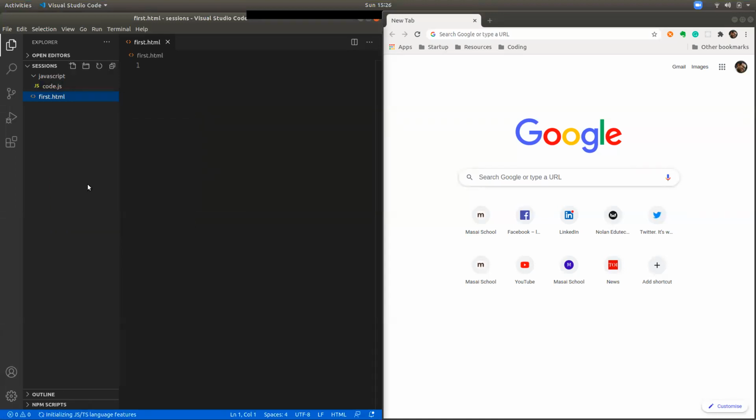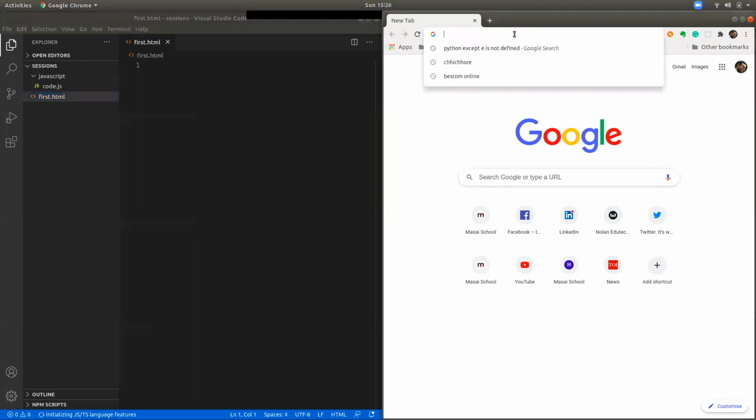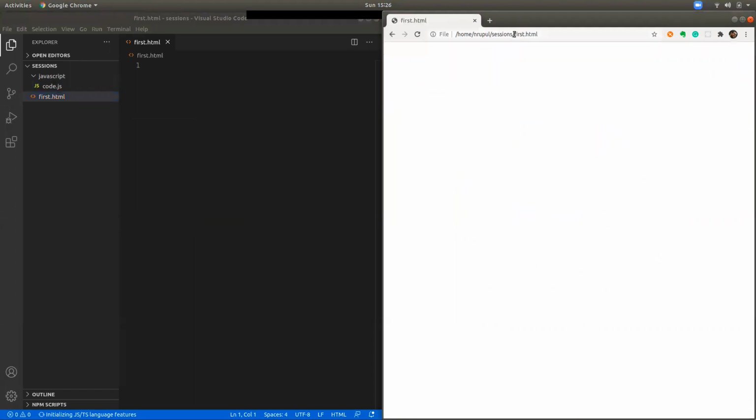This gives me the location of this file, and I open that path in the browser. Now you can see it shows an empty blank page because it has no content.